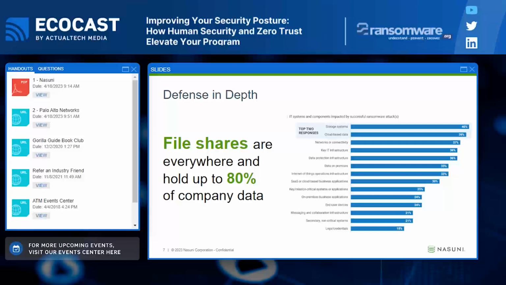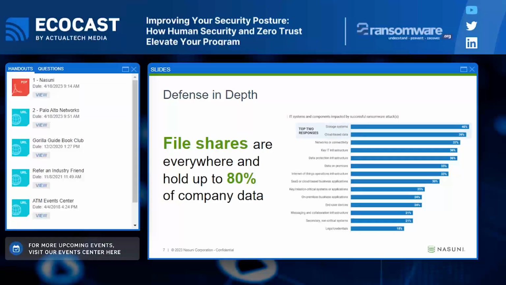So when you're looking at this slide here, your storage systems and your cloud-based data are two of the most impacted systems of an organization, and that file data can be up to 80% of the company data. And so it's just another reason why this is an area of focus to provide an extra layer of security.